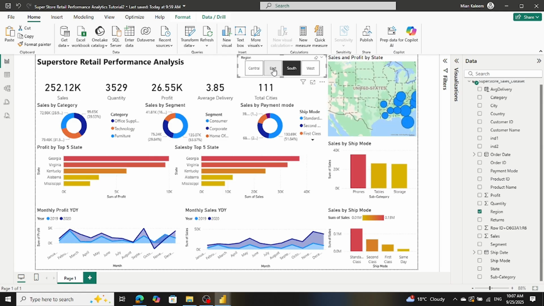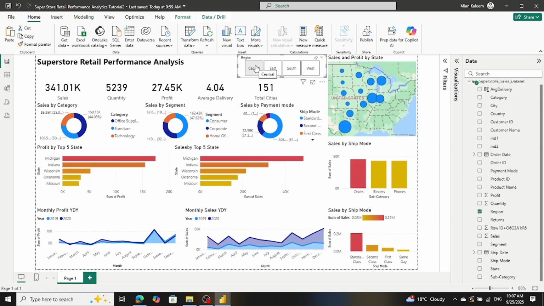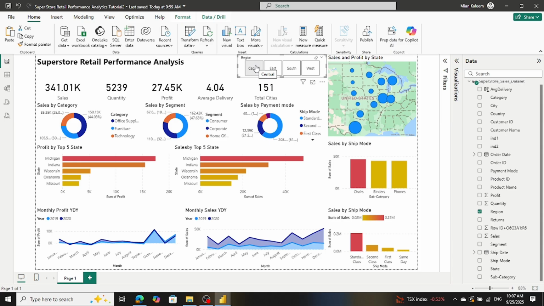And there is a lot of other formatting that can be done, but it will take a lot of time and is beyond the scope of the current video. So maybe we can create a dedicated video for the formatting, and we will revisit this dashboard and do some formatting in that video. So that's it for this dashboard,